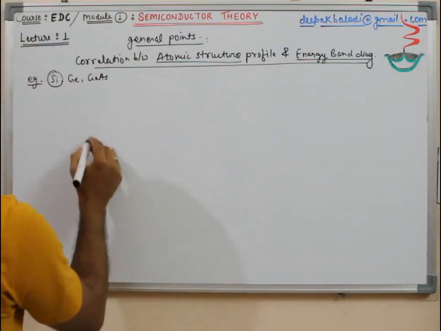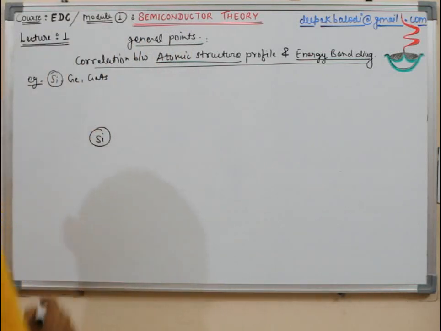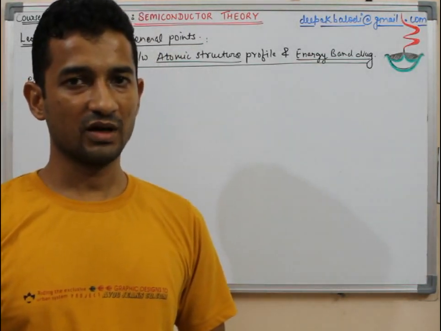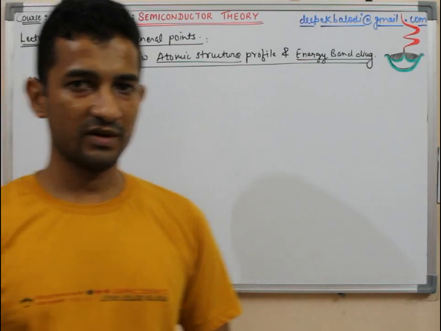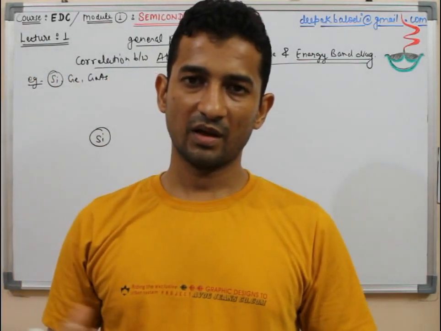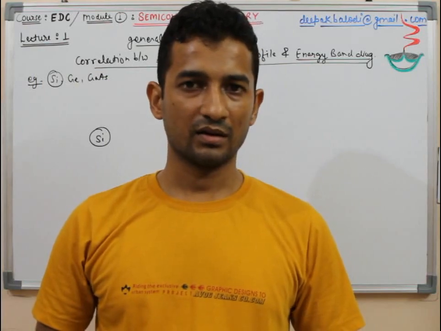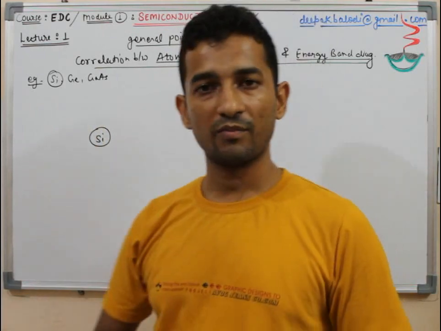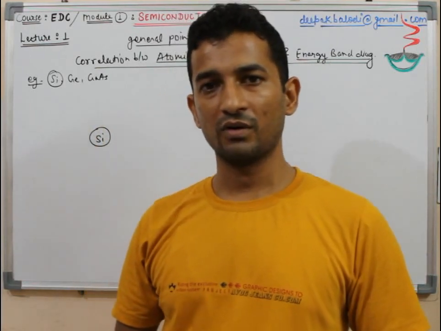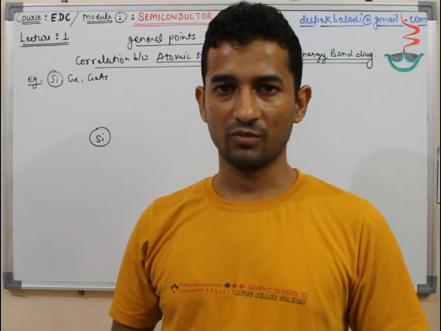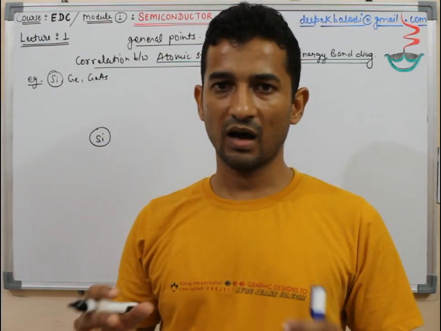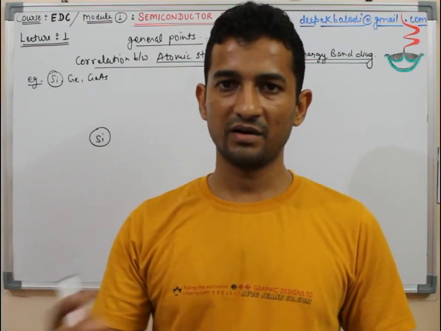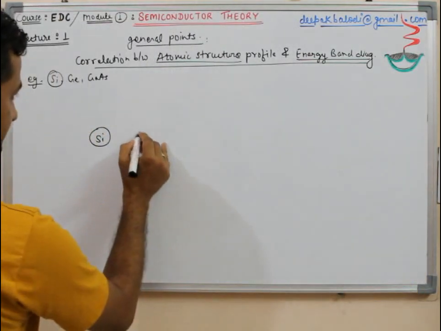Any silicon atom has 4 valence electrons in its outermost shell. This much information we at least know from chemistry or modern physics, that the silicon atom lies in the 4th column of the periodic table. So it has 4 valence electrons in its outermost shell, and these 4 valence electrons share their electrons with the adjacent neighbor atoms.